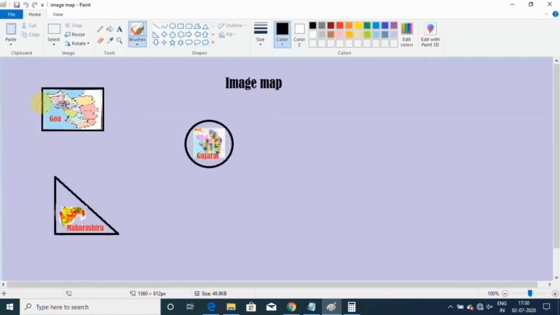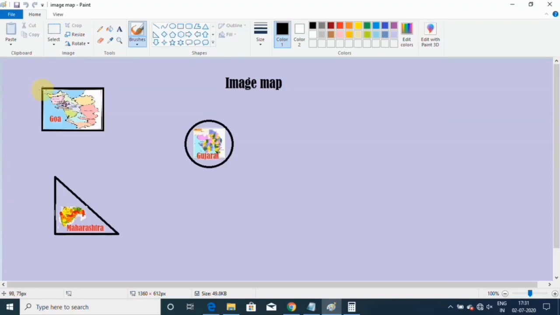Now you can see the x and y coordinates displayed down here, so you have to take the x and y coordinates of this rectangle. You can mark the x coordinate from here to here, so you get the x coordinate 98 and the y coordinate 73.